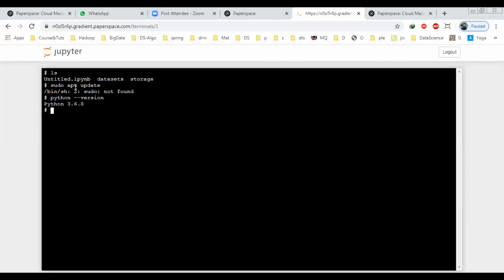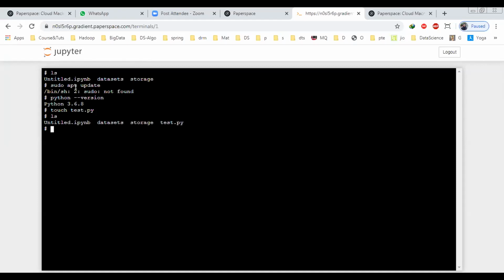If we have any script file here, like a Python file, and you want to run it, you can use the touch command. Let's say you create a Python file test.py. It will create the test file. We can check whether it is available or not. So test.py is available now.